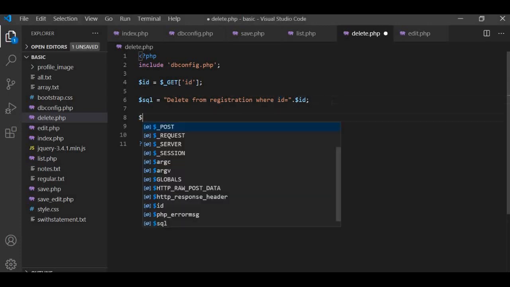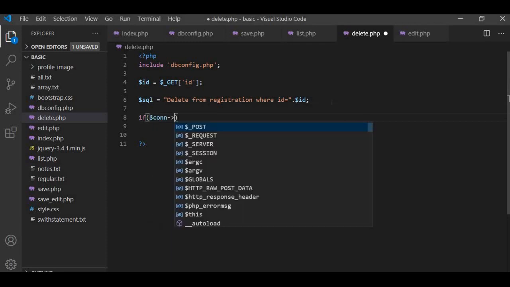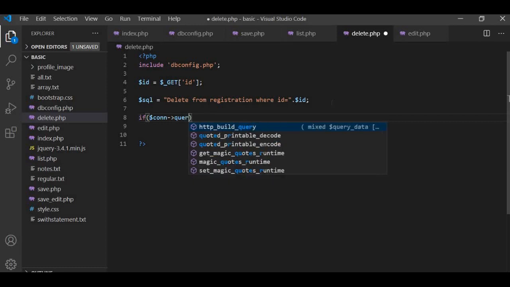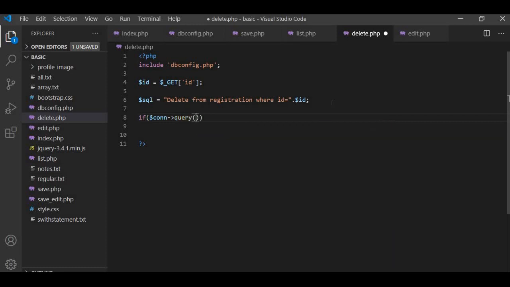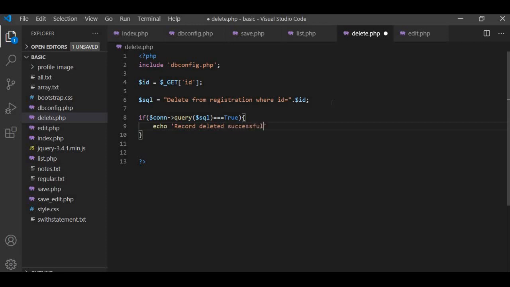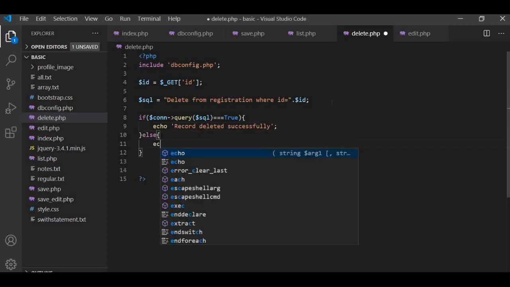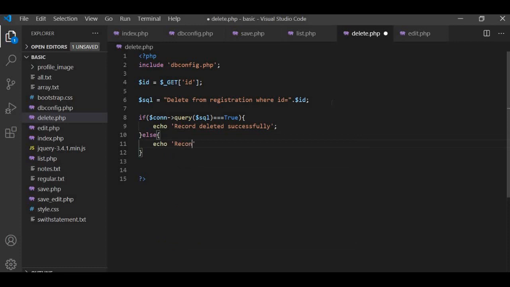So here, if $connection query $sql returns true, we will show record deleted successfully, else echo record not deleted.